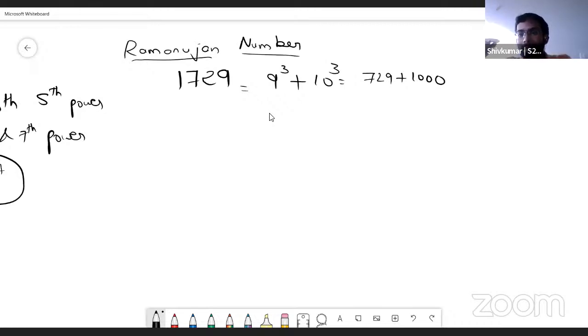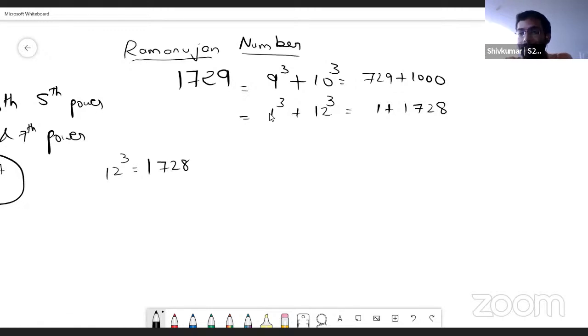But then Ramanujan went one step further and said this can be written as the sum of two cubes in another way also. 12 cube, incidentally, happens to be 1728. So can you tell me what the other expression is? Sir, 1 cube. 1 cube, very good. We are trying to express it as the sum of two cubes, so we are taking it as 1 cube and 12 cube. Even this, any person who is a little bit involved in maths will be able to say, right?